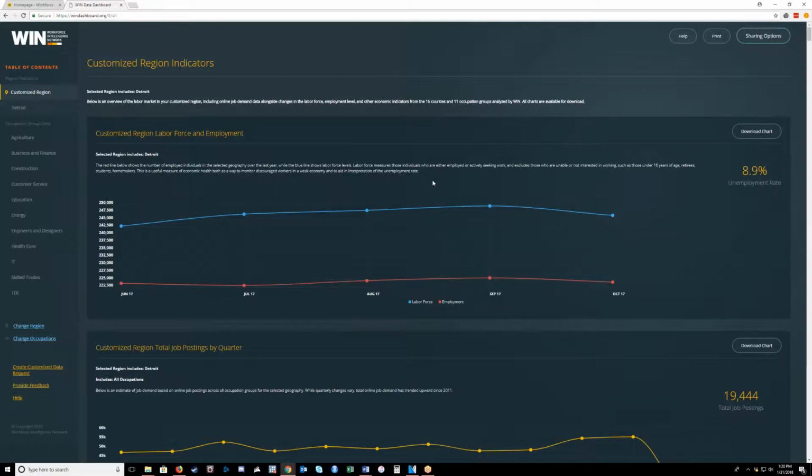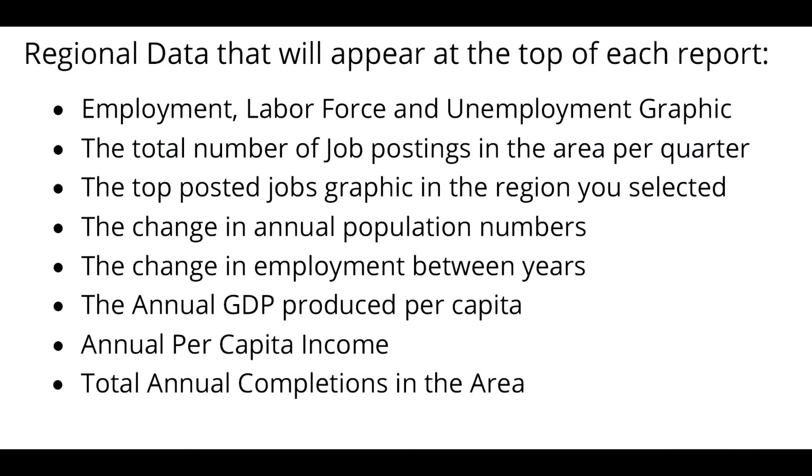It will give you a summary of the labor market, top posted jobs, and economic indicators in the area you selected. Reports will always generate these items, no matter the geography or occupation group selected. These are the graphs you can find within the top section of the dashboard report.